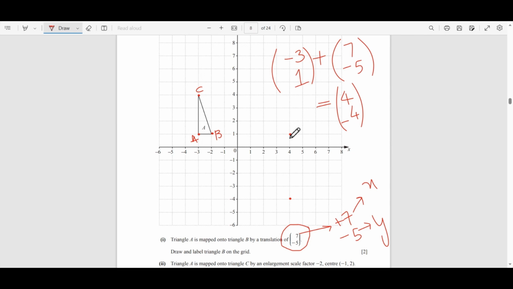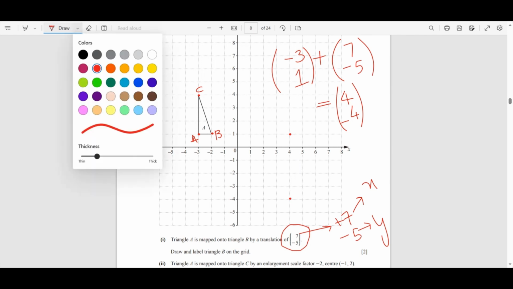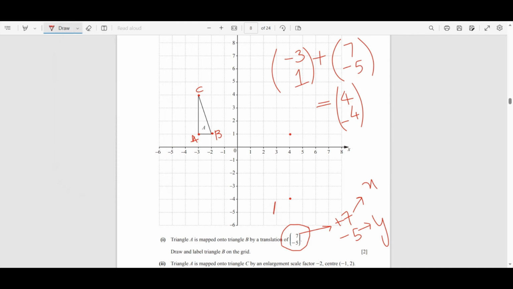And then I need to go down 5 units because it says -5. That actually means I need to travel a negative distance of 5 units on the y-axis. Negative actually tells you the direction. So we need to go 5 units down. 1, 2, 3, 4, 5, right? Because we started off with A, this gives us A prime, and then B prime and C prime will be automatically